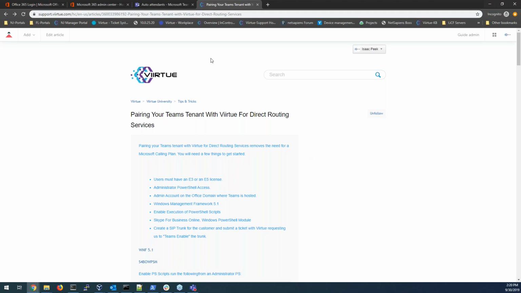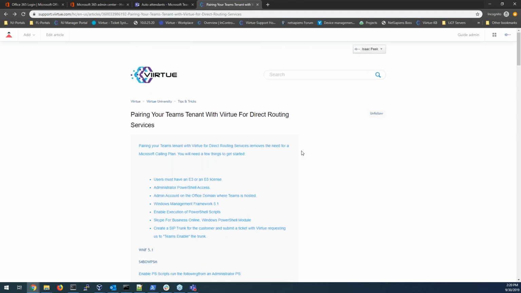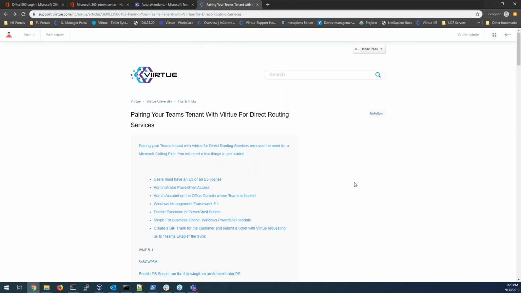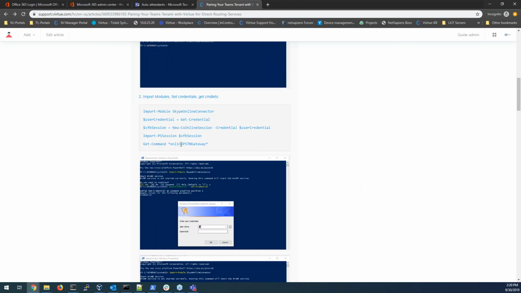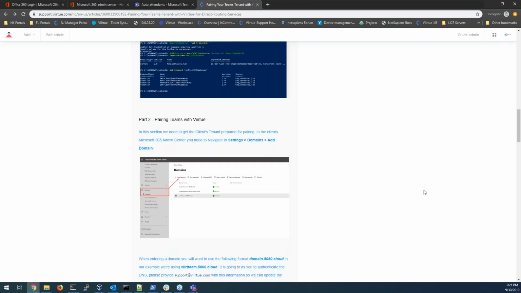The other thing I'll say about getting this all set up and going is that it will take time. It will absolutely take 24 to 48 hours at the minimum before everything is up and going. And that is just the way Microsoft works. When you run some of these commands to assign the number to the user and get it all paired, Microsoft has a sync time, and it happens once every 24 hours. So any changes you make, they're not going to apply or show within that 24-hour window. They don't tell you when it happens. It just says essentially it happens once every 24 hours.